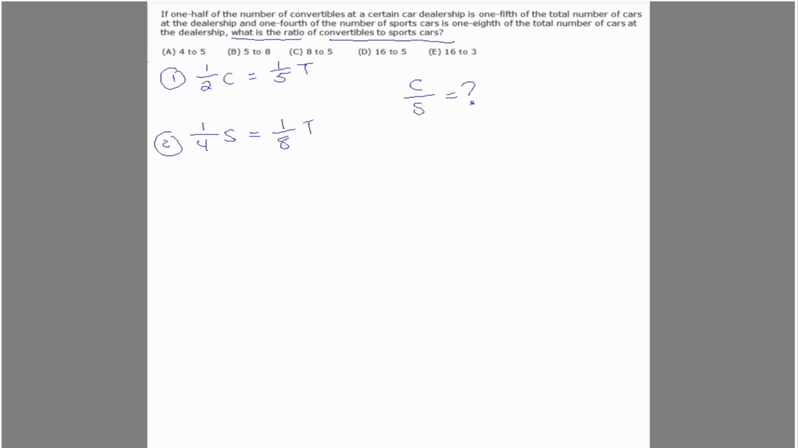So let's do that right now. What we can do is multiply everything on the top by 2, giving us C is 2/5 T. On the bottom, we can multiply everything by 4, giving us S is 4/8 T, or in other words, S is 1/2 T. Now, we take this, we sub in for C, we take this, we sub that in for